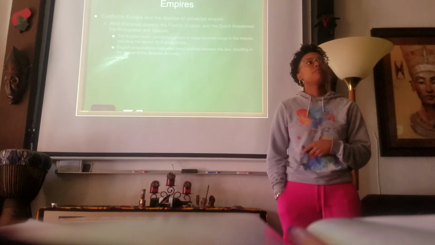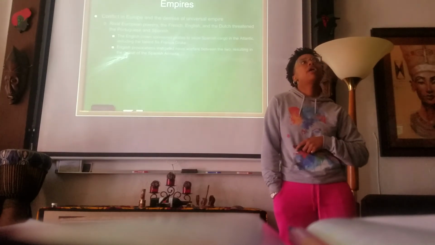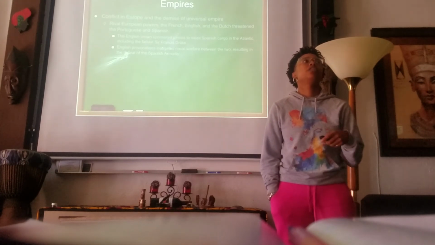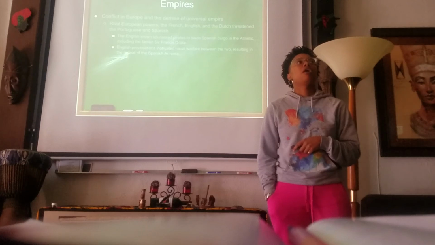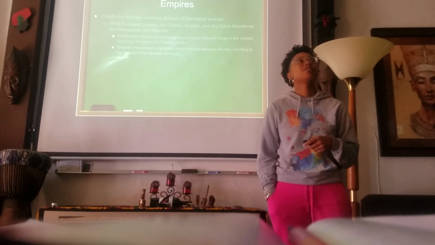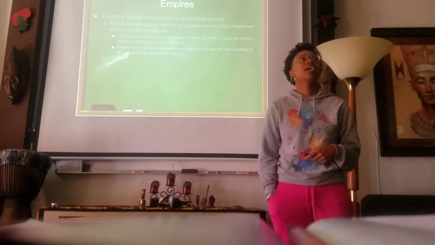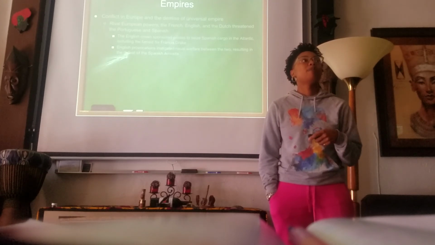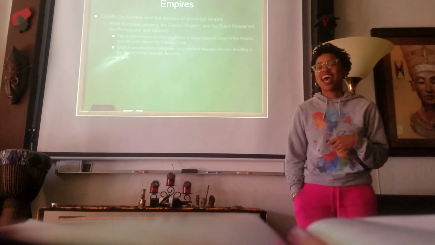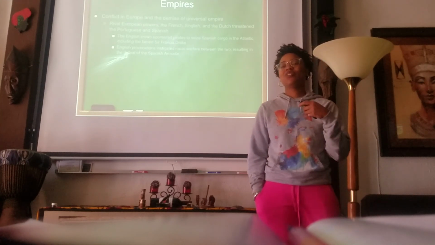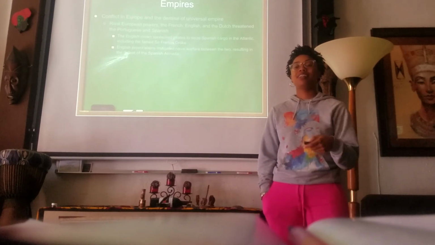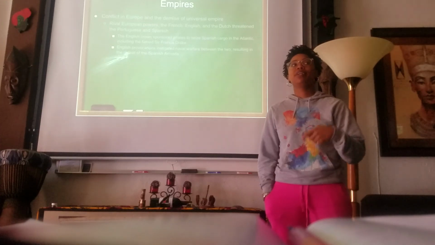So conflict in Europe and the demise of universal empires. We have rival European powers, the French, the English, and the Dutch threatening the Portuguese and the Spanish. The English crown is going to sponsor pirates to seize Spanish cargo in the Atlantic, including the famed Sir Francis Drake. So we're going to have empires funding people to steal from the other empires so they can get the riches without having to actually fund an expedition all the way to the New World, because some of these places do not